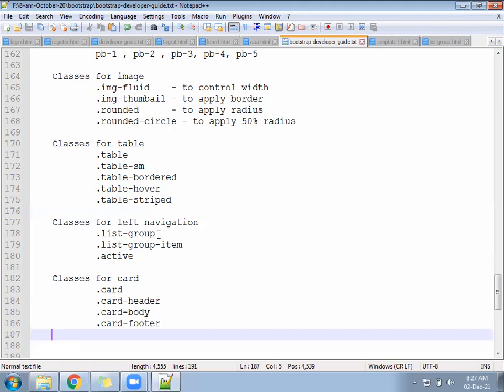Now we'll come to the same file, list group file only. We will implement the card also.